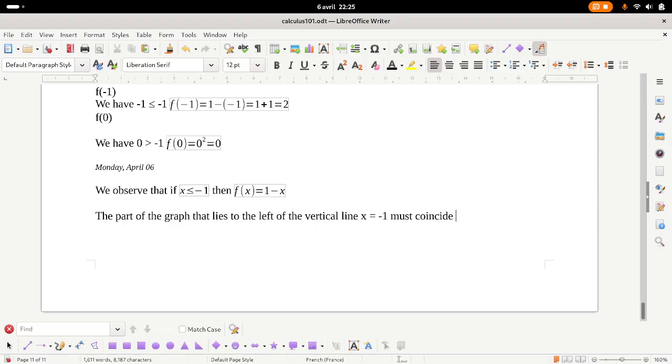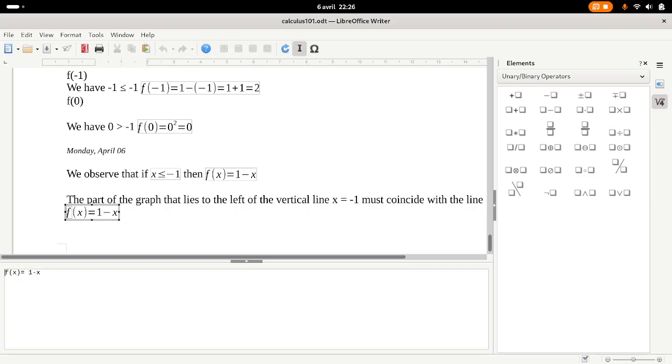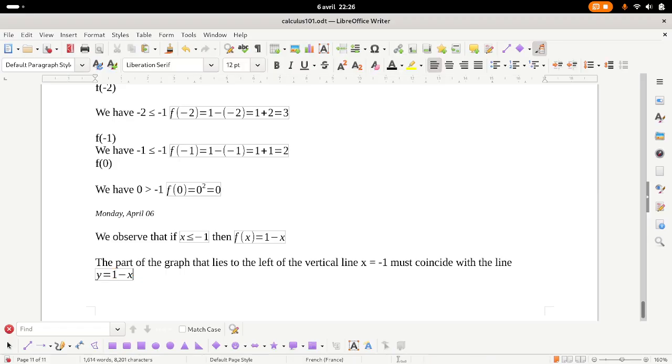What is the graph of a function which is defined like 1 minus x? It is a line, so it must coincide with the line. So y equals 1 minus x, and